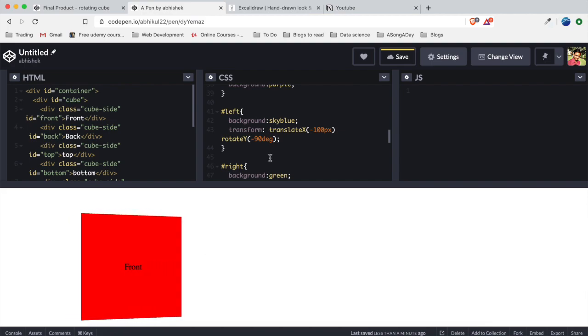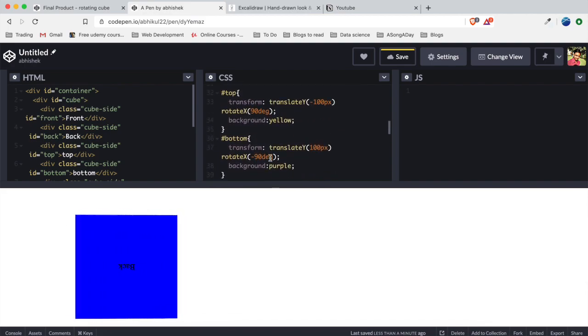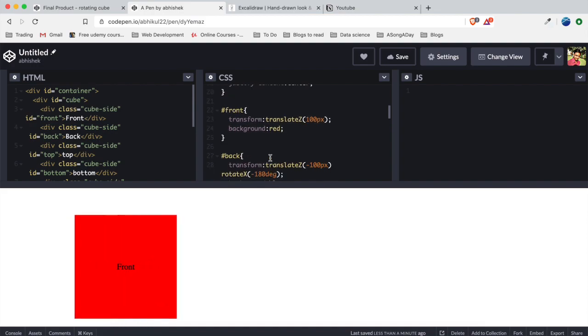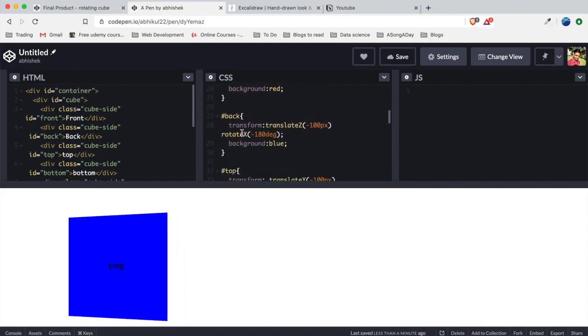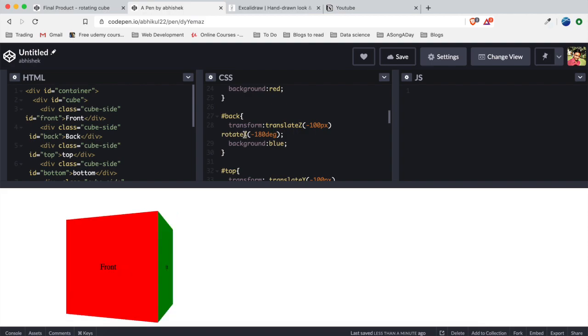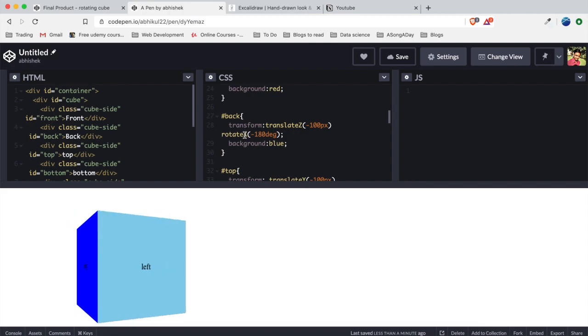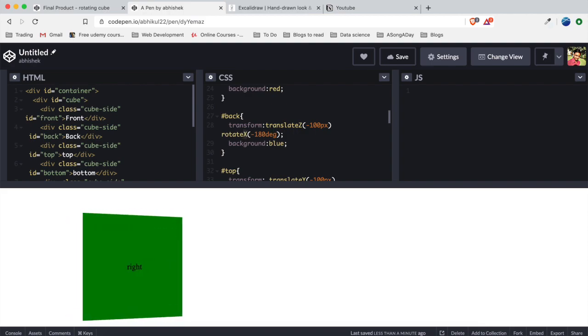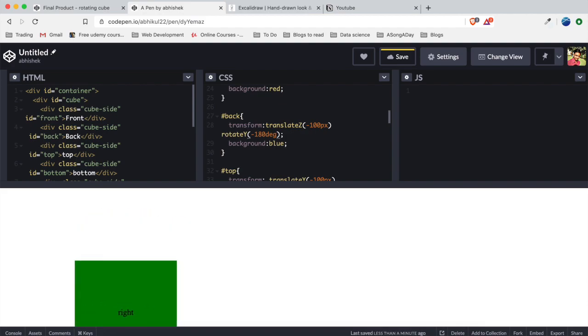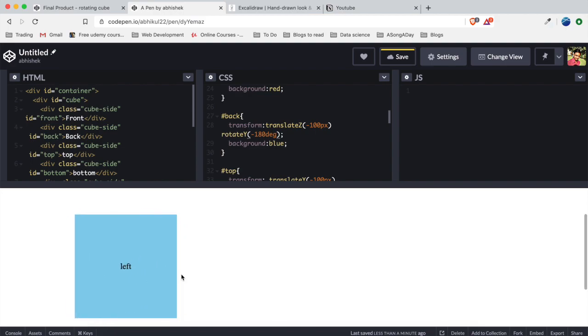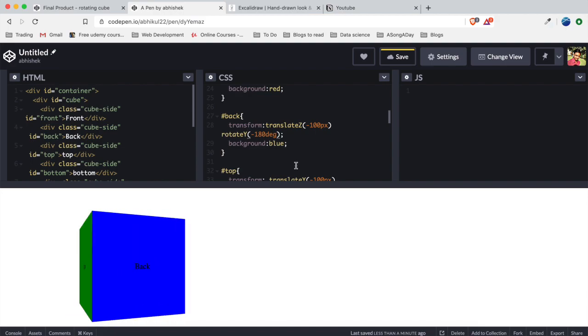I think we missed the axis here. So for that we will go to back, and it should be rotating with respect to the y-axis here. So we will make it y instead of x. Yeah, now it's correct. So that's how we can make a rotating cube here.